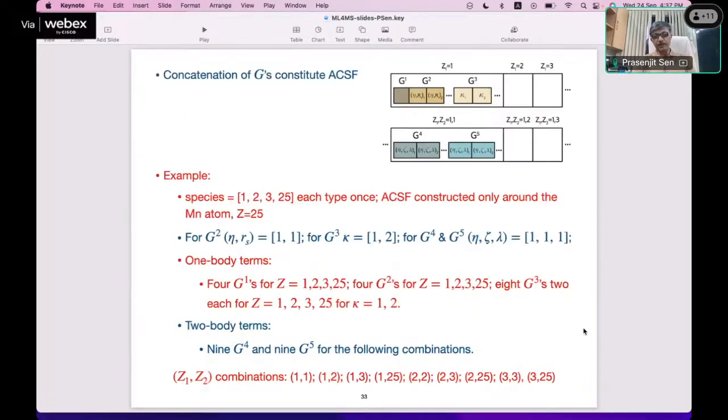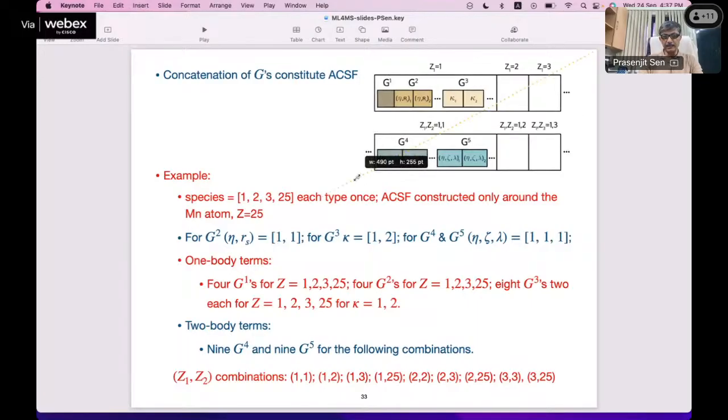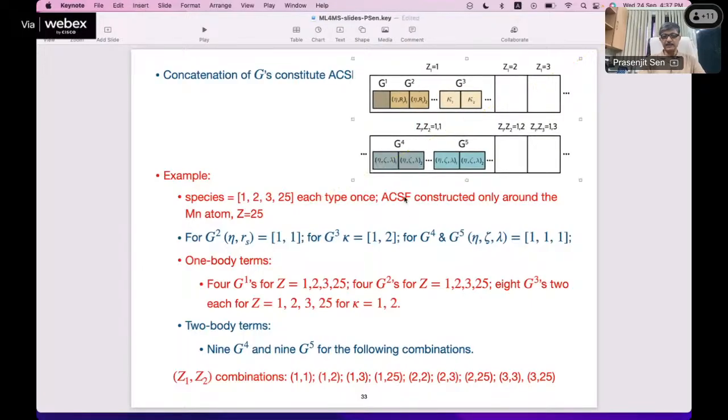Then finally, we came here, and there are some things that I want to clarify once again. I think there was a mistake in my counting last time, so let me correct this. First of all, I go back to this figure on the top right here. We discussed various two body quantities, g1, g2, g3, etc. And these eta and RS are the parameters that determine the behavior of the G2 functions.